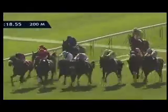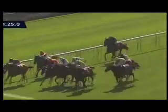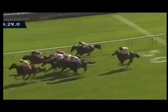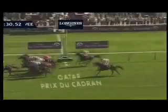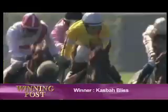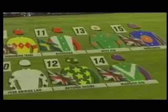Gen 2 to Prix du Cadran. Then on the outside is Caspar Bliss. Now he's in full stride. He's hit the front as they race towards the line. Caspar Bliss is going to win the Cadran. Goes off the winning. It's a bunch for second place. Prix du Cadran on the outside, who led fairly early on, might have got second position. Caspar Bliss proved that age is no bar, and from stamina to speed, the next race was the Prelab over